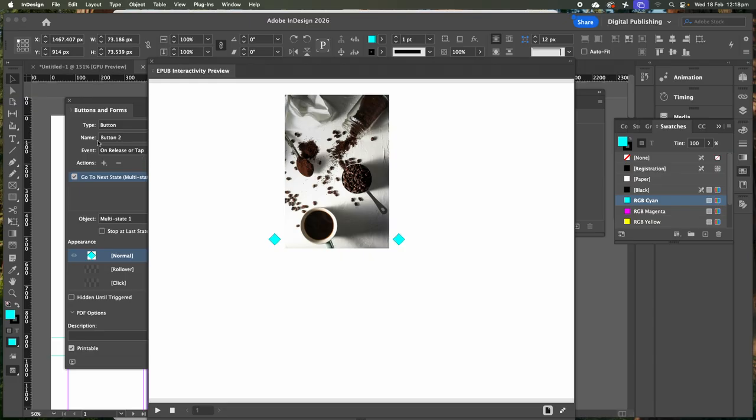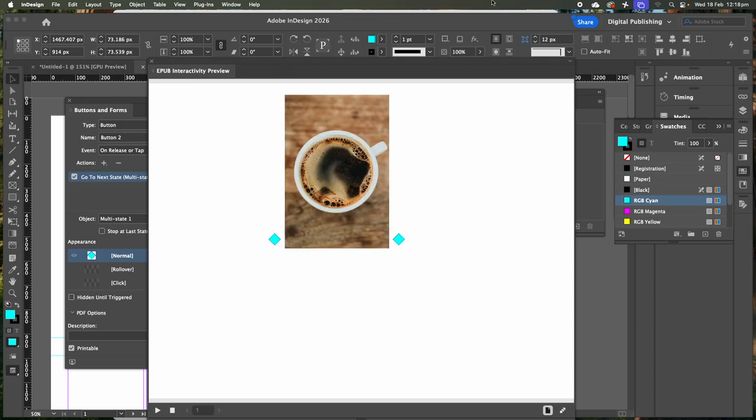You probably can, but notice here it just says button 1, button 2. You'll get very confused because every time you go to a new page, it's going to be button 1, button 2. So it's a good idea to name them. So give this whole thing a name. So slideshow, coffee slideshow 1 or something like that, so I can distinguish my slideshows. Okay, so that's it. That's all I want to show you. And the other thing